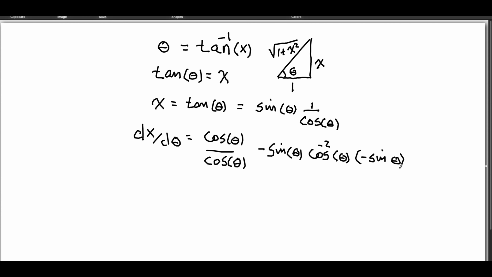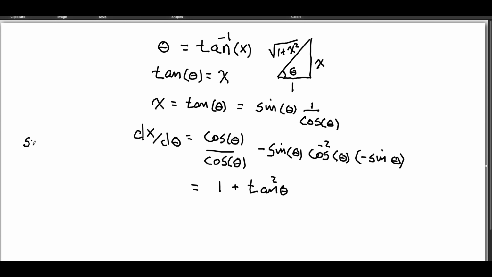And that's equal to 1 plus the tangent squared of theta. Now, if we remembered our trigonometric functions where we have the identities,